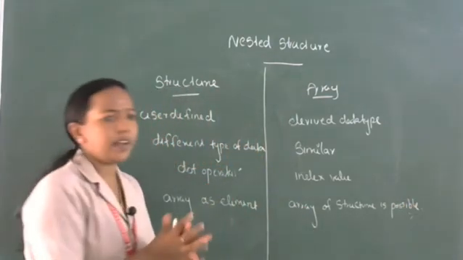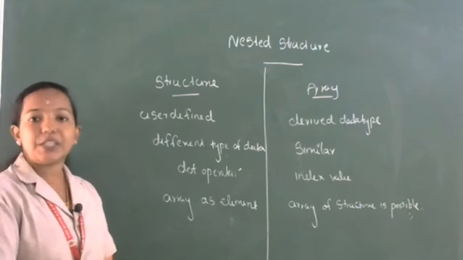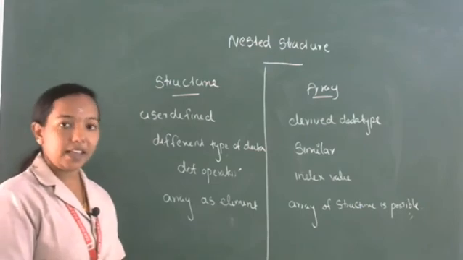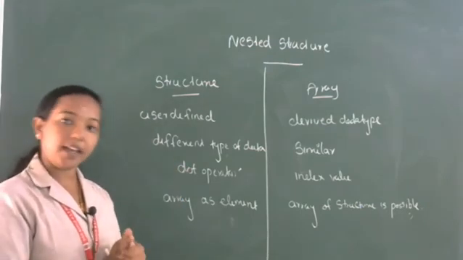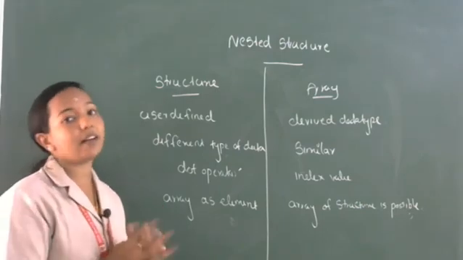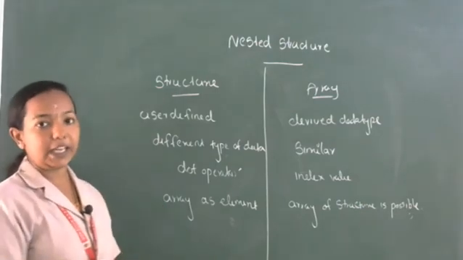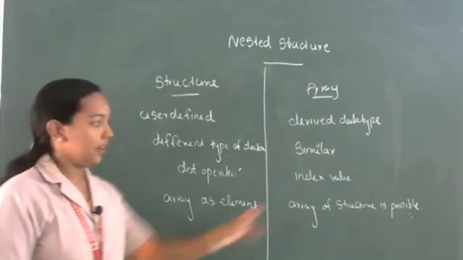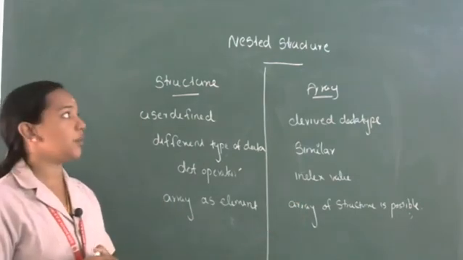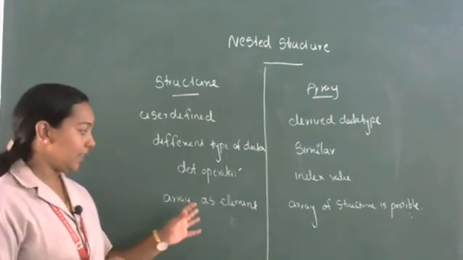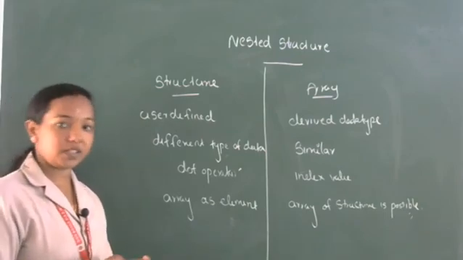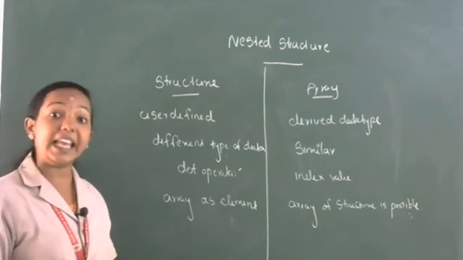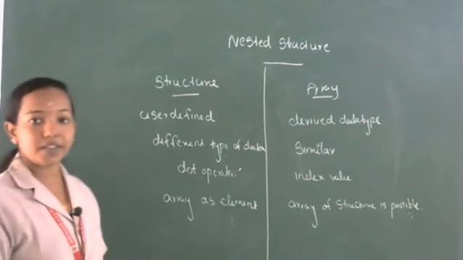So these are the main comparisons of structure and array. The first point is structure is a user defined data type, array is a derived data type. Second, different data types we are using in structure, but in array we are using similar data types in a contiguous memory location. Then the dot operator is used for accessing structure elements. Then index value or location is used for accessing array elements. Then arrays as elements are possible, because in the student structure we included a character array called name. Then last one, array of structure is possible.